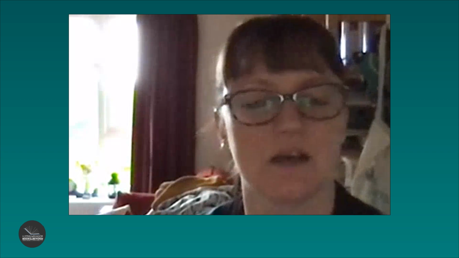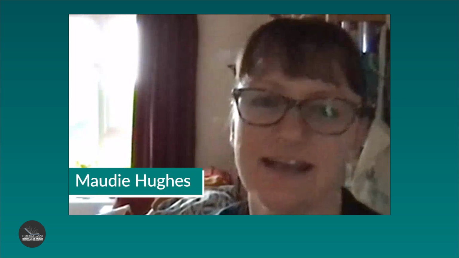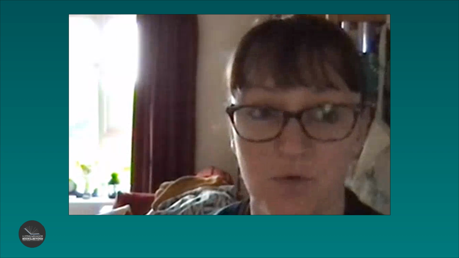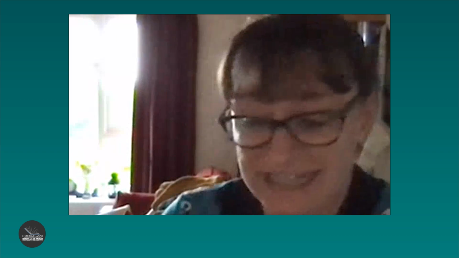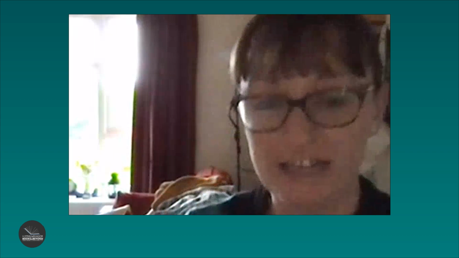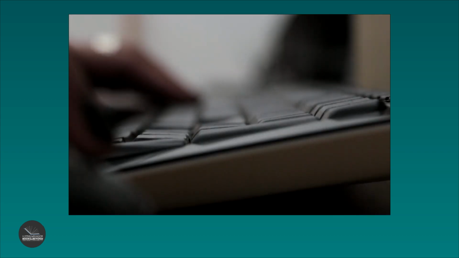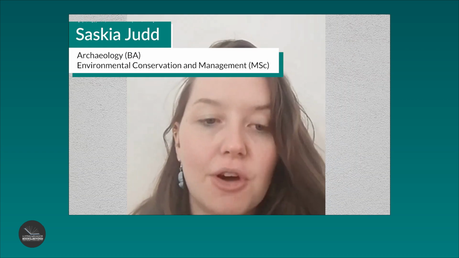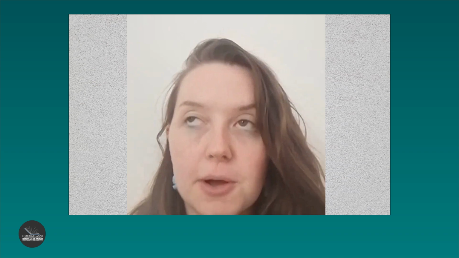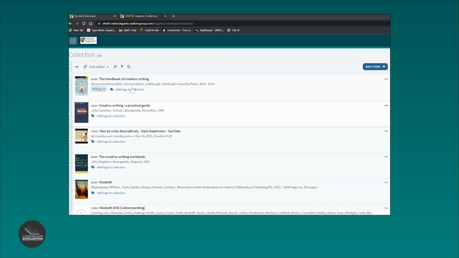Online resource lists are provided by the module leads and the library staff to support the activity that we'll be doing within modules. And it's basically what it says. It's an online list of resources that you can tap into and use. Every class has a list of both compulsory and extended reading, and these can all be found through these online resource lists, and it can give you links or it can tell you where to find them in the library as physical copies